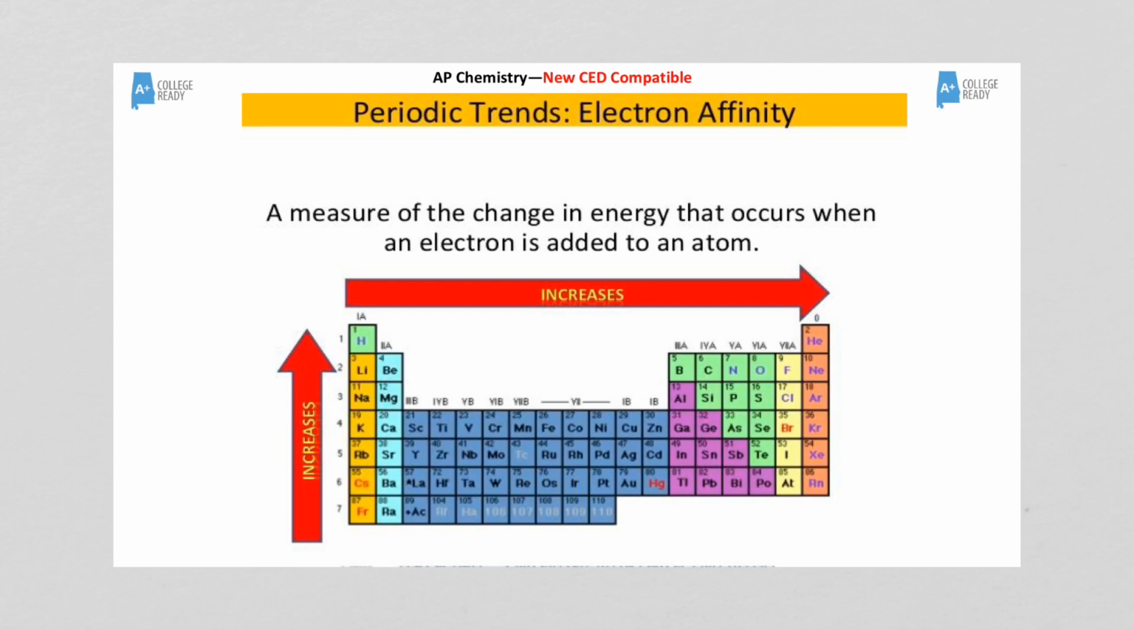All right, the next periodic trend doesn't usually come up very much, but it's really the opposite of ionization energy. Remember, ionization energy is the energy we have to add to remove an electron. Electron affinity is the change in energy that occurs when an electron is added. So we're not taking away electrons, we're actually adding them. And notice these trends are not very perfect. I would say that for nonmetals,